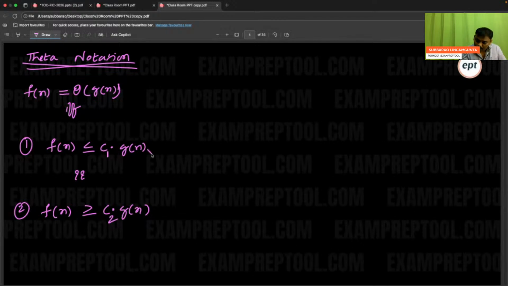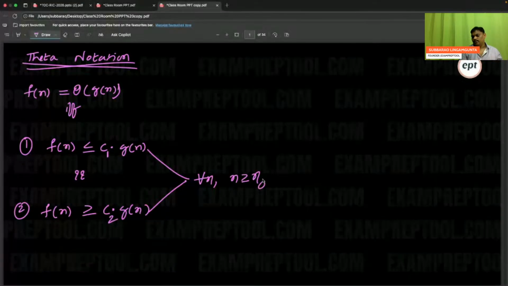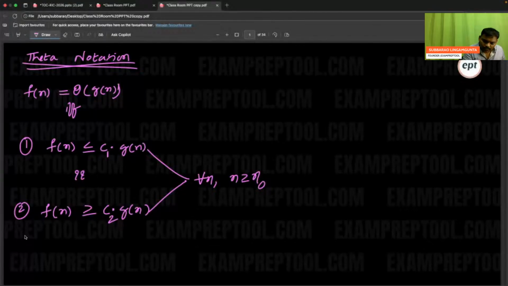But remember, for all n where n is greater than or equal to n0. Remember, n0 is common. C is not common: some constant c1, some constant c2. But n0 is common. From some point onwards, both should hold good, such that there exist